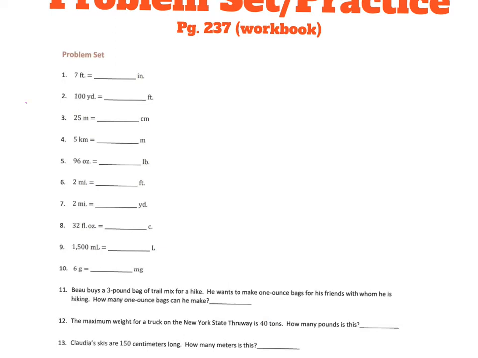If I've got 7 and I've got feet, I'm going to go, 1 foot to 12 inches is the same as 7 to what? So this I multiplied by 7, but what if I multiplied by 7 over here? I'm going to erase that for a sec. Okay, so I'm going to go 12 times 7 is 84. So this is how you're using ratios to help you